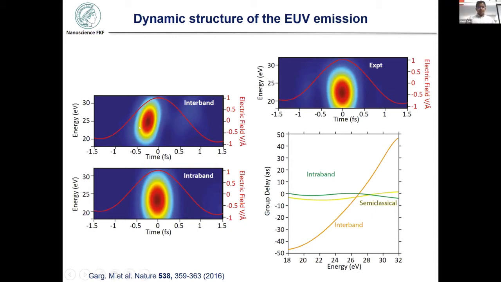Yes. So actually, if you solve the semiconductor Bloch equations, of course, there's a contribution of the long trajectories as well, which will come over here. So you will have positive chirp from the short and negative from the long, similar to the gas harmonics. The only difference is that in these simulations, you introduce a dephasing time, and this is a phenomenological time, related to the scattering of electrons with respect to each other and also the Coulombic interaction. And this dephasing actually kills the other part of this polarization. So you see only this part over here.